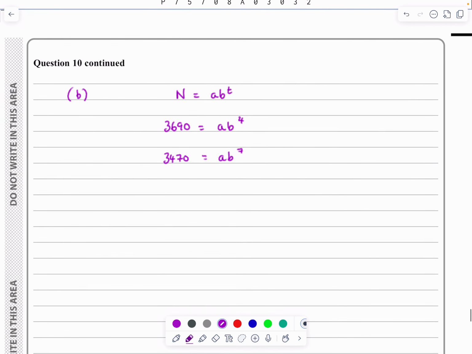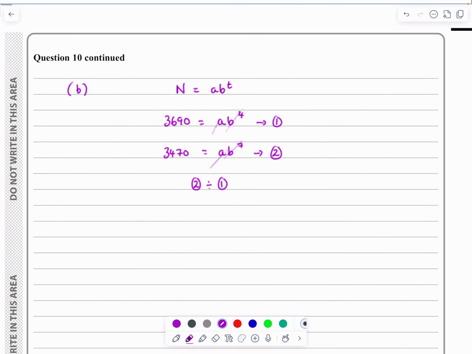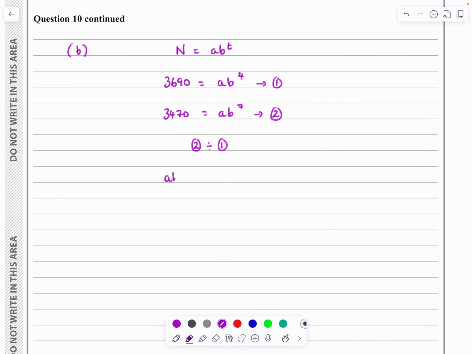So you should have seen these questions before. If you haven't, this might be quite difficult for you to work out what this first stage is. But when we see this in previous questions, if I divide those two, the A's will cancel, the B's will cancel just to leave me B to the 3, and obviously I'll get a value there. So you need to have seen that technique once before, then you remember it and say, okay, this is going to work out really nicely now. AB to the 7 over AB to the 4 is equal to 3470 over 3690, and then the A's cancel, the B's come to B cubed, and B cubed works out to be equal to